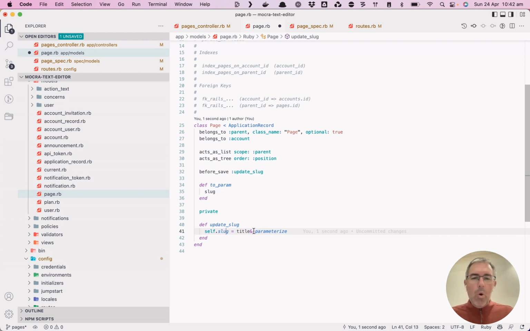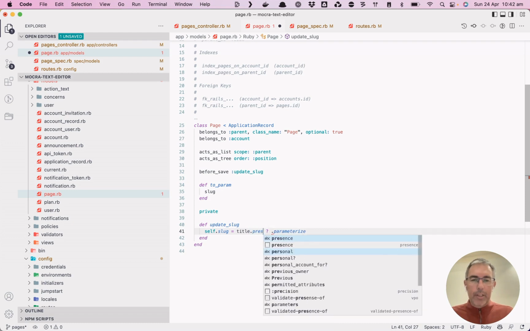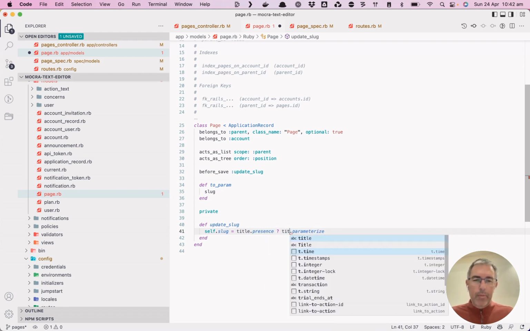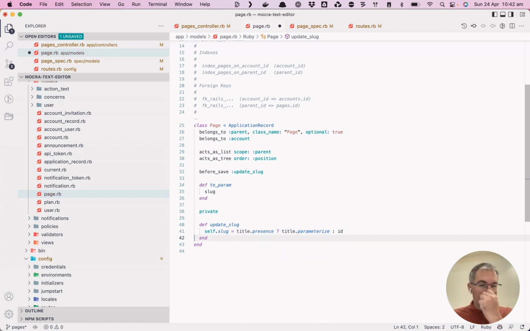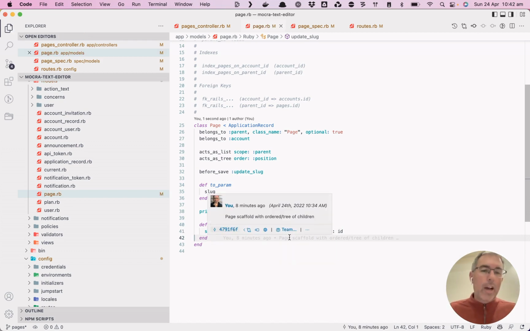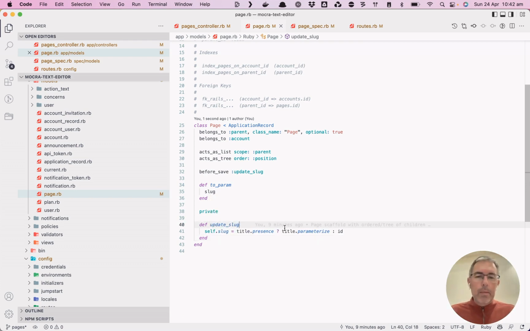So how about, we have a couple parts. One is if it has presence, then we could do this. Otherwise, we could do ID. So basically the slug is the ID if we don't have a title. Sure. But while we're at it, how about we have a think about the global title? Lots of different accounts could have lots of different titles. They could all be the same. So how about we always